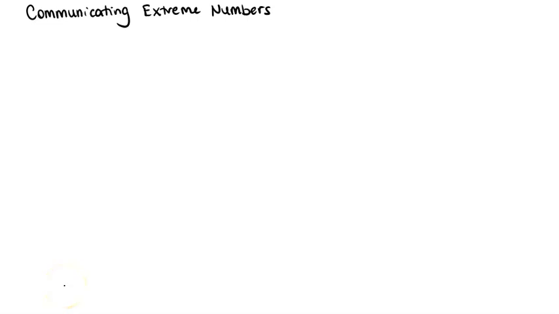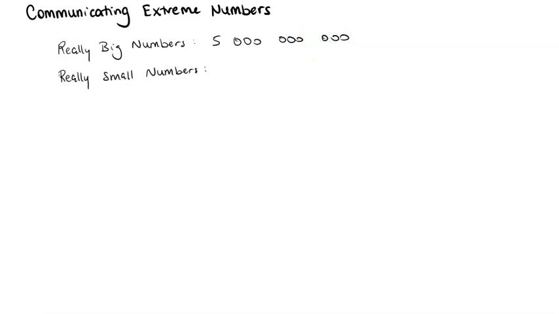In this video, we're going to talk about how we communicate extreme numbers. So I'm talking about really, really big numbers or really, really small numbers. When I say really big numbers, I'm talking about numbers like 5 billion or even way bigger. And when I say really small numbers, I'm talking about really, really small decimals, like